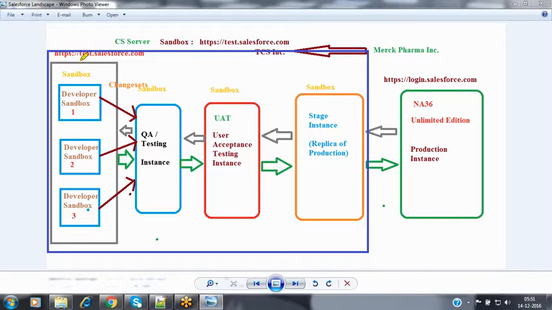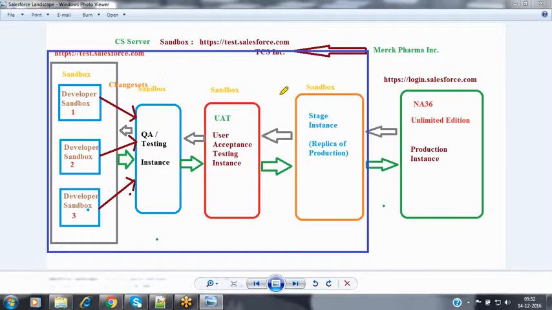Like they maintain a developer environment, a development server, and then a QA server, the UAT server, user acceptance testing server, and the stage server, which is the replica of the production. They're maintaining the different instances. So all these instances are nothing but the sandboxes. These are called the sandboxes. We have one production instance, and the remaining all are sandboxes given by Salesforce to you.